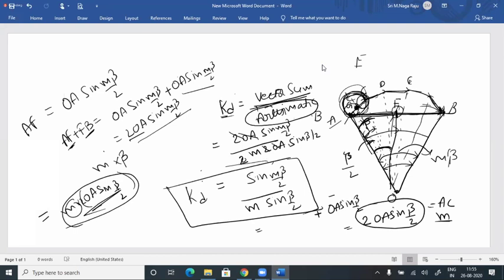This formula is very important for your GATE examination. You need to remember this formula to solve the objective bits. When you are asked to solve objective bits, you don't need to derive all these formulas. So definitely you have to remember the KD and KP formulas: sin(M beta by 2) by M sin(beta by 2). Practice a number of problems so that it is easy to remember what is M, what is beta, what is alpha, what is KP, what is KD. Right now you may be in a small confusion, but once you solve the problems, it will be easy. Fine, I hope you understand this.